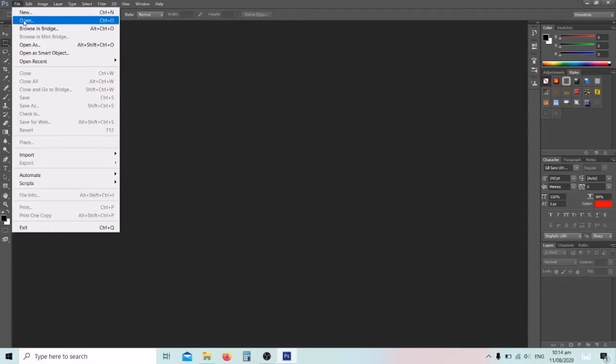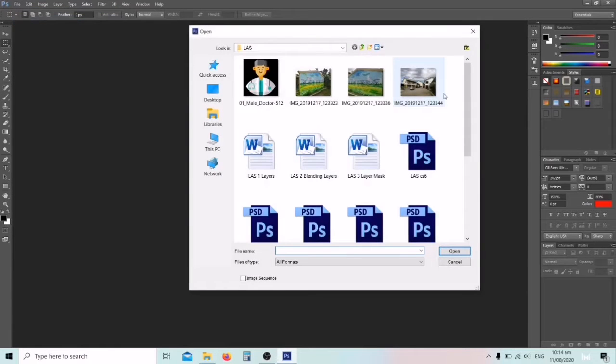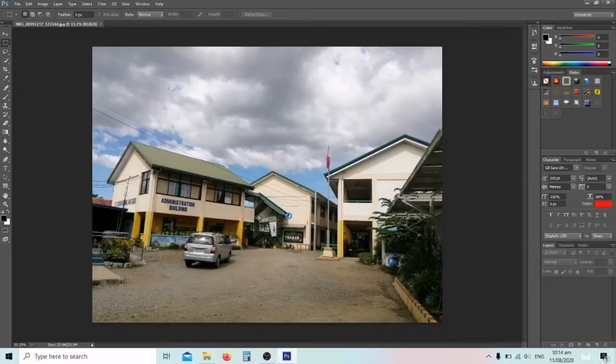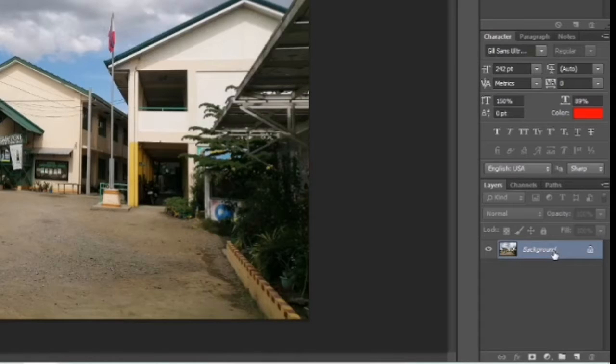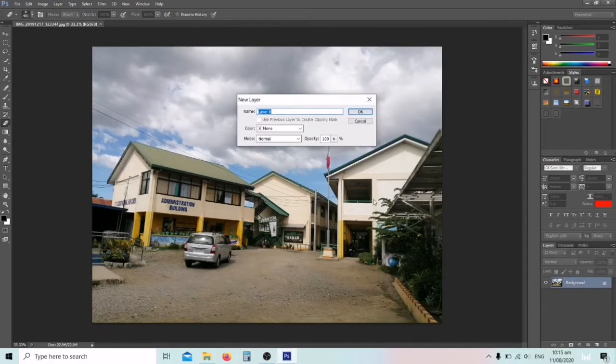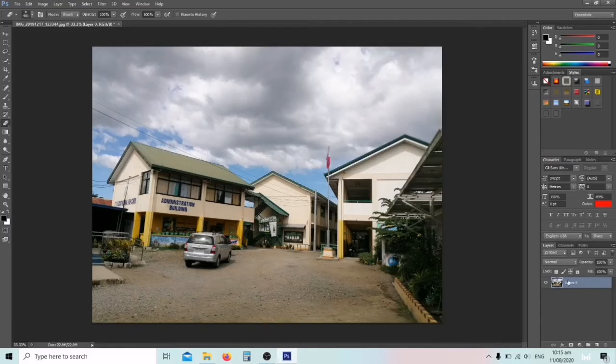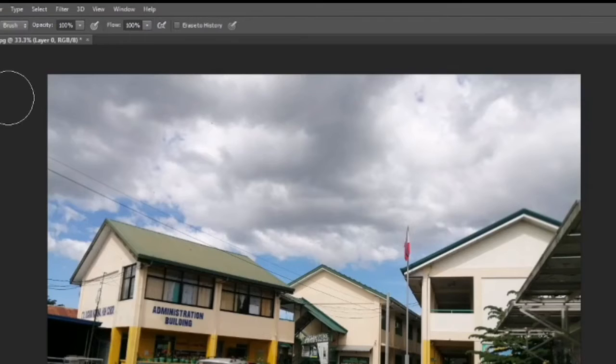So magpakita tayo ng sample dito. Mag-open tayo ng picture na gagamitin natin para maipakita natin siya. So, i-open ko yung image na to. Dito sa image na to, usually, kapag gusto natin mag-remove ng part ng image, gumagamit tayo ng eraser tool para mabura natin yung gusto nating tanggalin. So, before that, let's just remove the lock icon by double-clicking it and then click OK. So, siya na ngayon si layer 0. Kapag in-apply natin yung ating eraser tool dito,